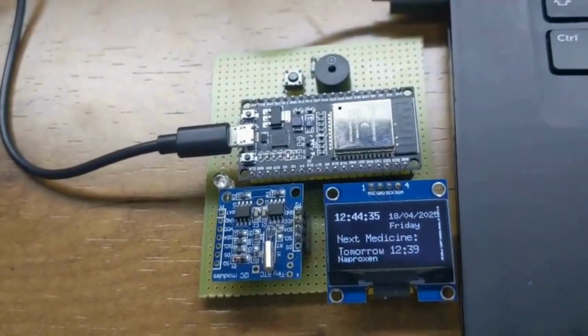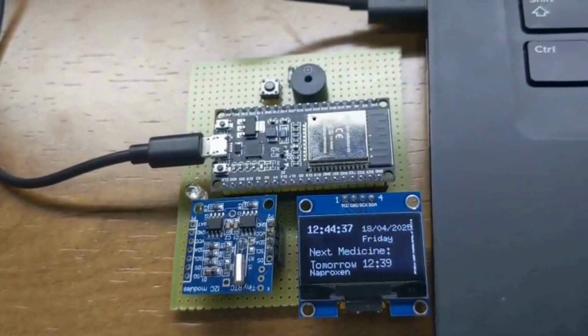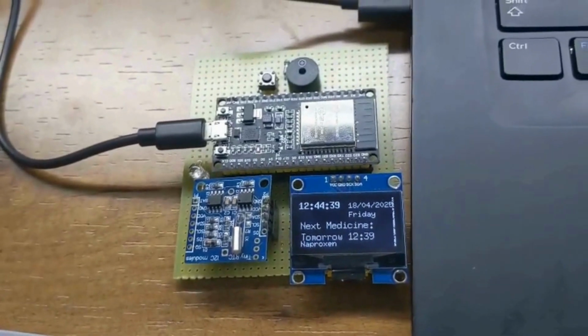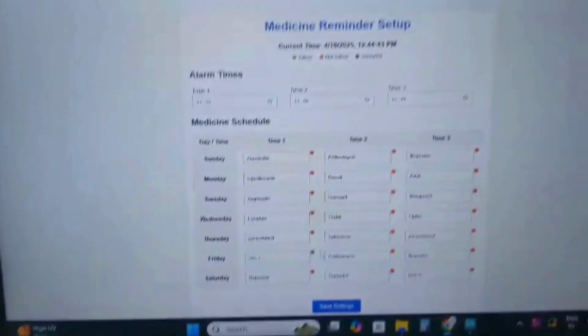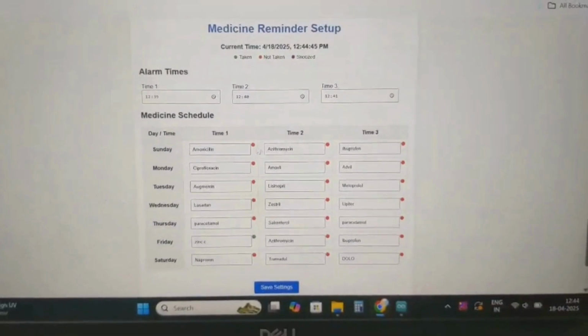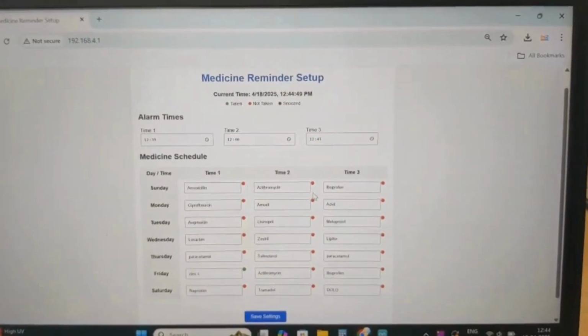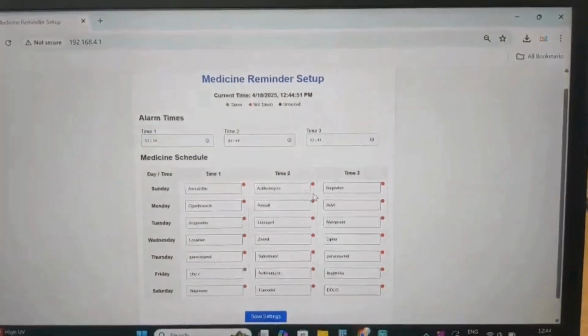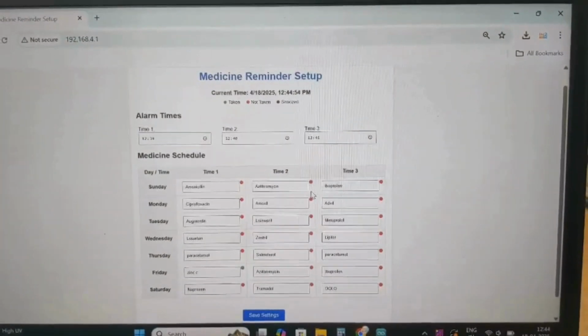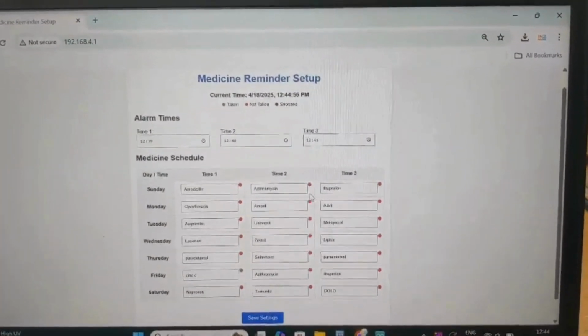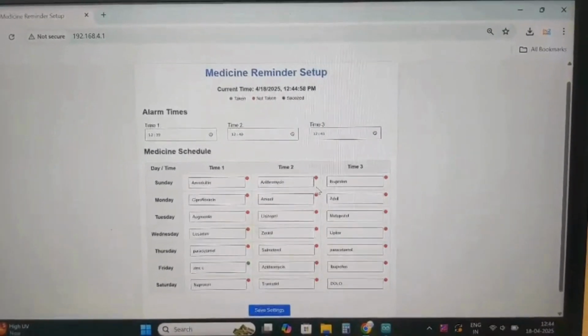If the user presses it for a long time, it means they have taken the medicine. If they snooze 2 times, it means they didn't take the medicine. And if it is snoozed first and then pressed for a long time, it means they first snoozed and then taken. There are 3 dots in the web page that show the status of the medicine, and it depends on